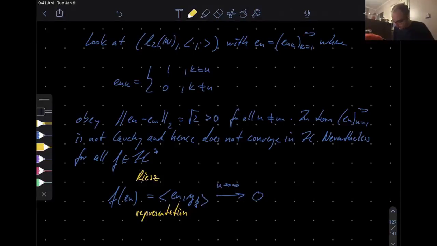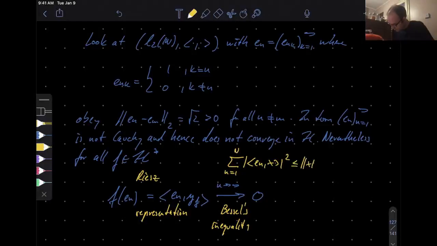And why is this? Well, this is because of Bessel's inequality. So remember Bessel's inequality: if you have an orthonormal set, like the e_n's, then it was a statement that the sum over n from 1 to capital N of the squared inner products with x is less than or equal to the norm of x squared, and that thing held for all vectors x in your Hilbert space. So now, since the right-hand side is independent of capital N, you can, of course, push N to infinity. So you will also have this statement in the limit.